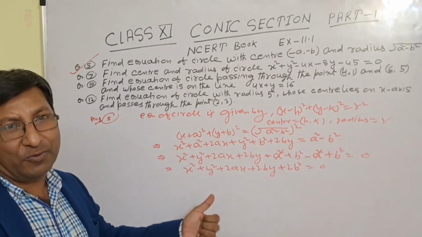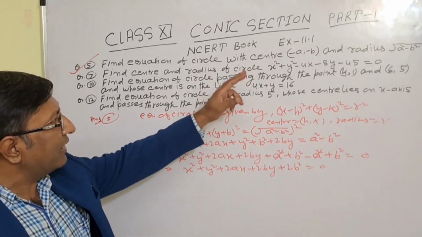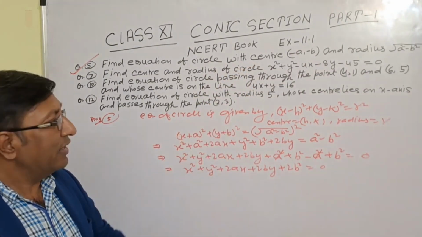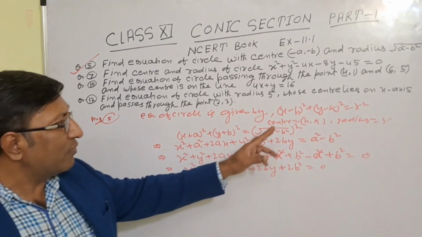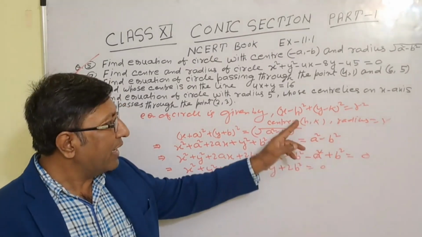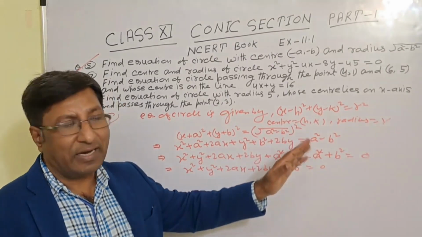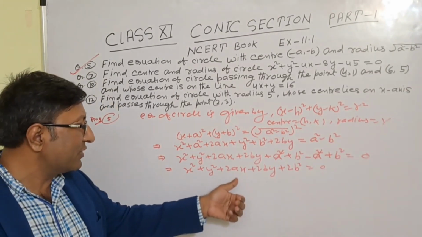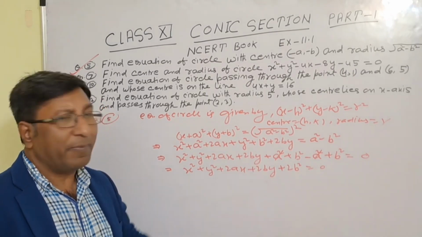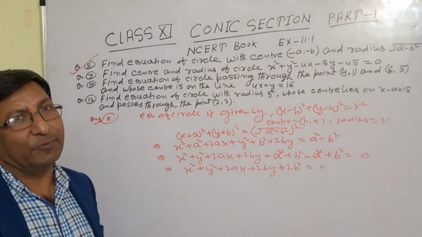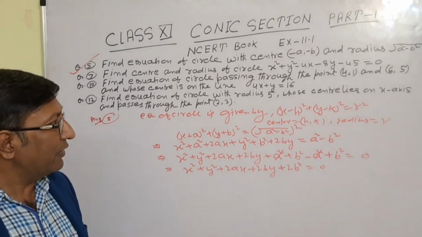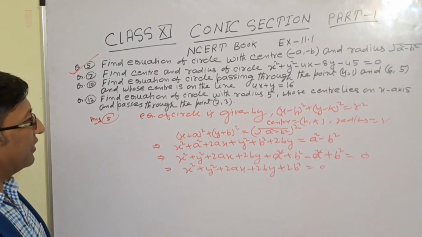So this is a model question. Any point center, any coordinate of center is given and radius is given. Just apply this formula, x minus h whole square, y minus k whole square, r square, where hk is the center, radius is r. So this is the required answer, x square plus y square plus 2ax plus 2by plus 2b square equal to 0. Okay. सो आई थिंक अच्छी तरह से आपको समझ में आ गया. वेरी गुड. नाउ नेक्स्ट क्वेश्चन देखते हैं, क्वेश्चन नंबर 7.